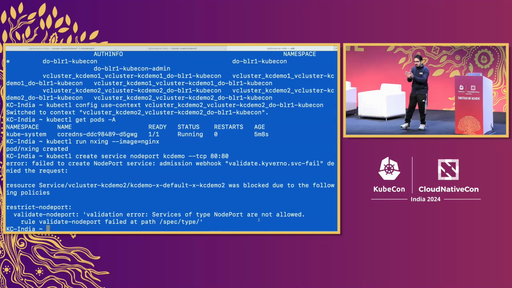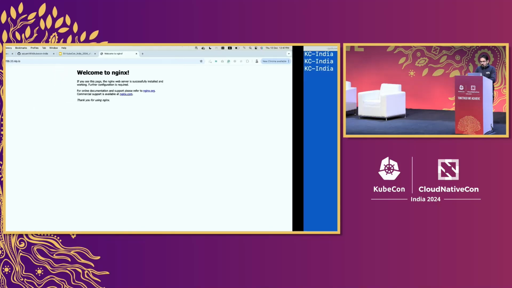So we are saying that cell is a virtual cluster over here, and within the cell context, we are still able to use the policies that are applied at the cluster level. So you can have n number of Kyverno policies. You can have Falco for the runtime security. So you can install Falco on the host cluster, which creates a daemon set across the Kubernetes cluster. And our vclusters would also respect the Falco rules, which are defined when you install Falco over there. So that's pretty much it about the demo.